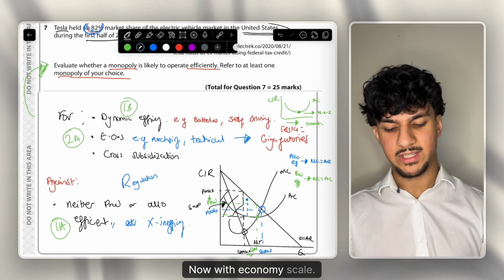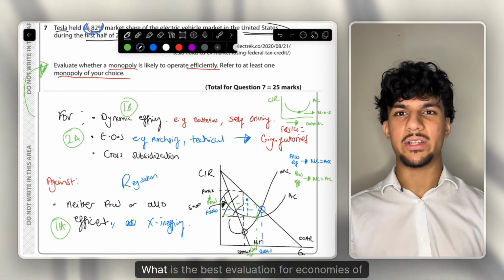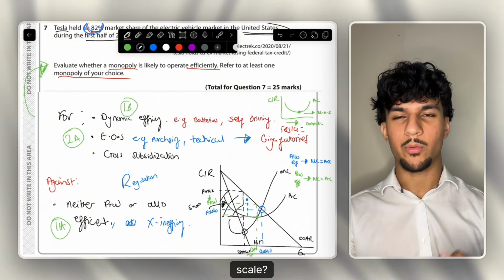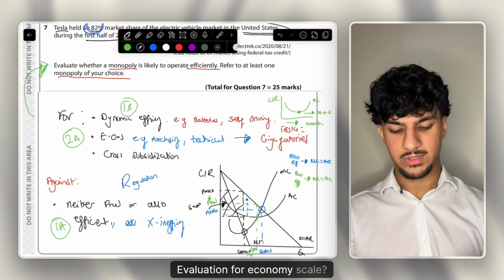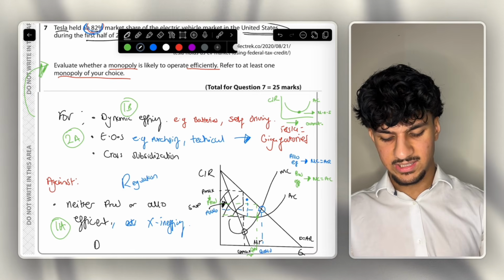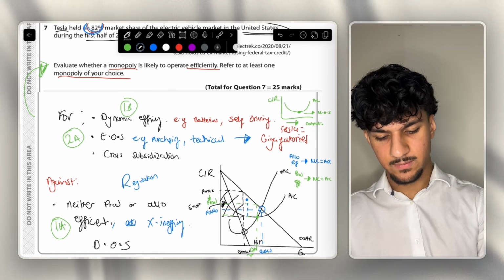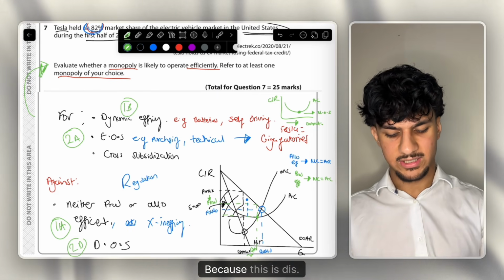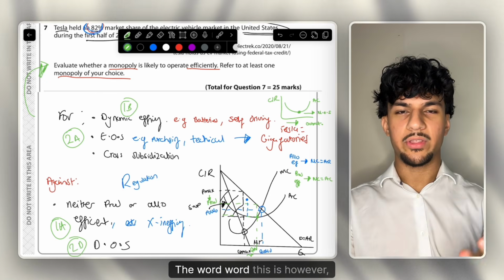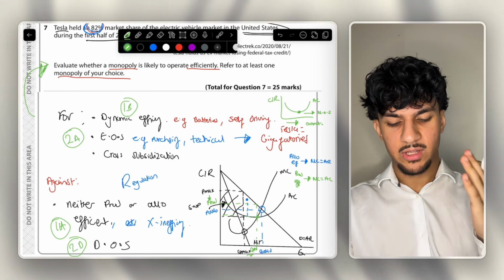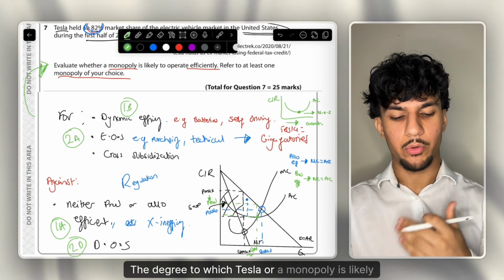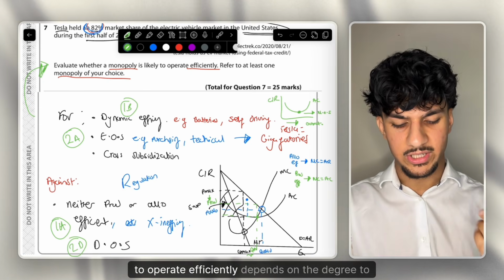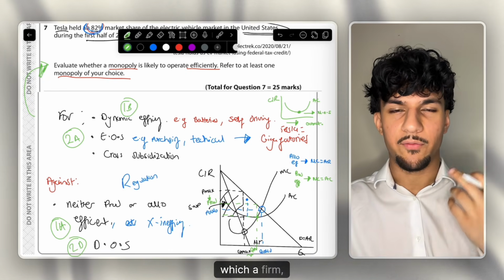Now with economies of scale, again, this just comes with experience. What is the best evaluation for economies of scale? What is more specific evaluation for economies of scale? That would of course be DOS, and I'm going to label this 2B. Why? Because this is diseconomies of scale. The way I'd word this is, however in evaluation, the degree to which Tesla or a monopoly is likely to operate efficiently depends on the degree to which a firm